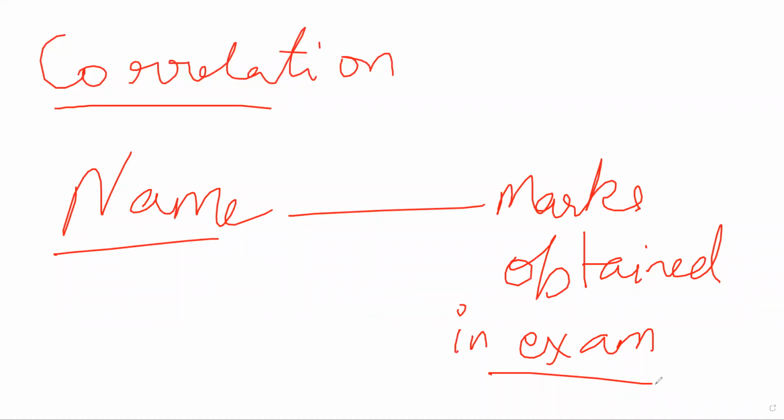Depending on the content that you write in a paper, that will fetch you certain marks. So your name will have no correlation with your marks altogether, or even hall ticket number for that matter. A hall ticket number does not have any correlation with your marks. Or a dog's name and the type of biscuit it prefers.